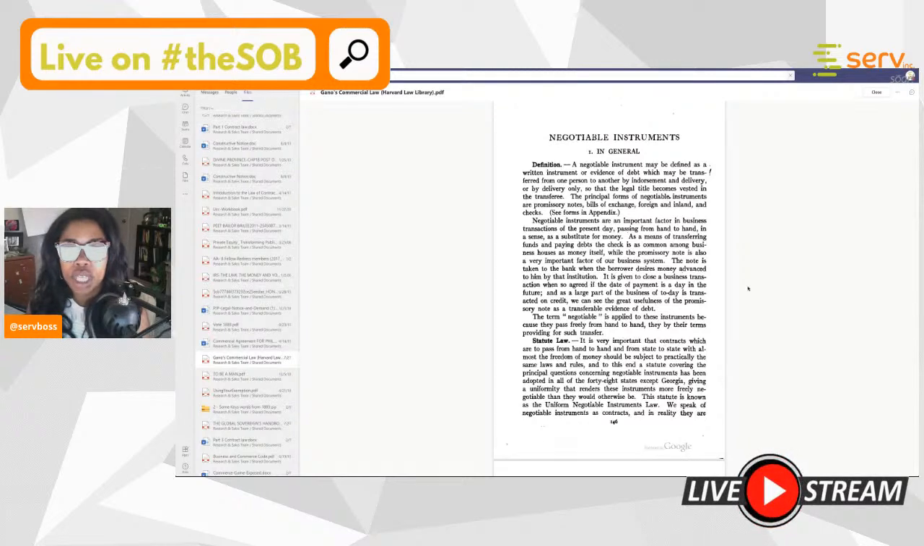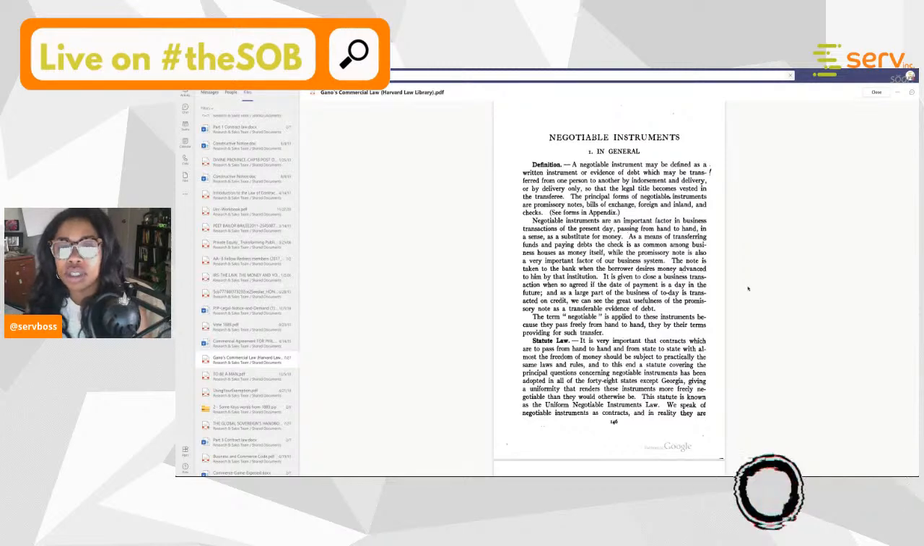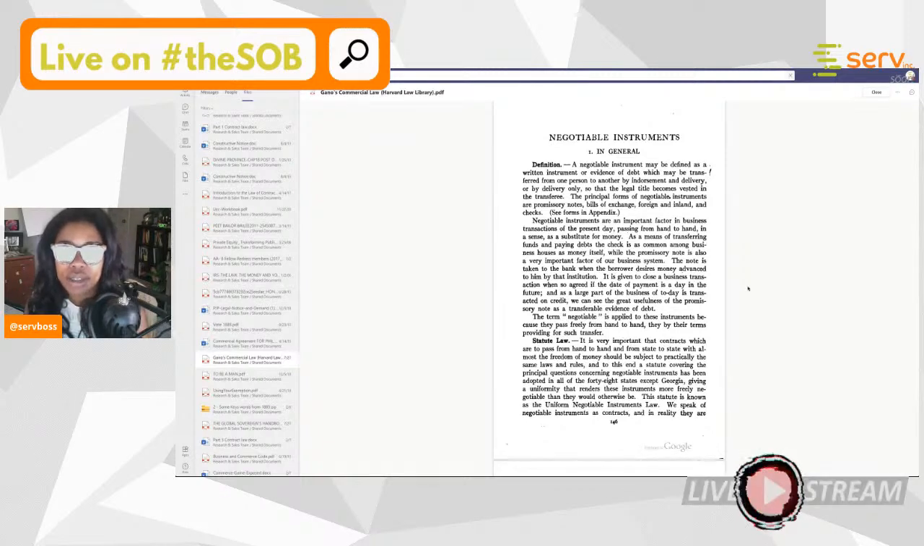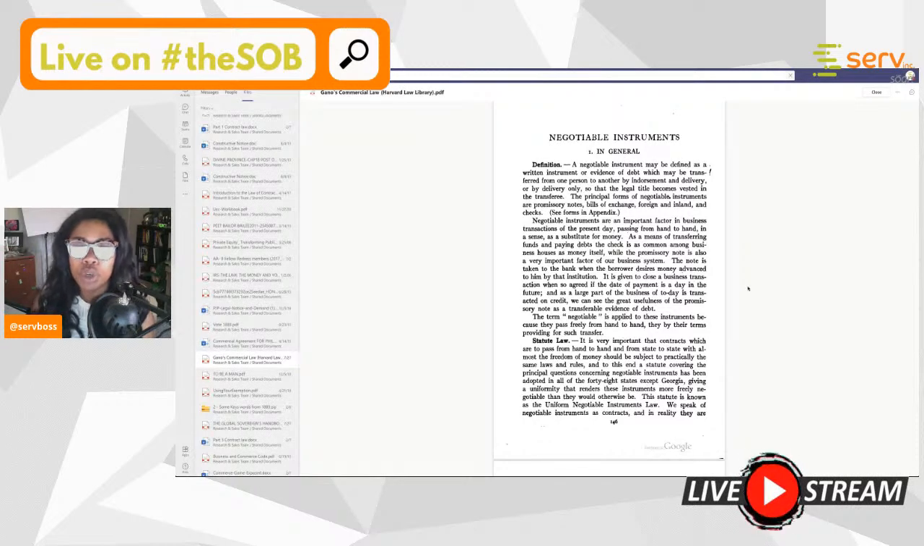so that the legal title becomes vested in the transferee. The principal forms of negotiable instruments are promissory notes, bills of exchange, foreign and inland checks. See forms in the appendix. Okay, so we might actually do that. Negotiable instruments are an important factor in business transactions of the present day, passing